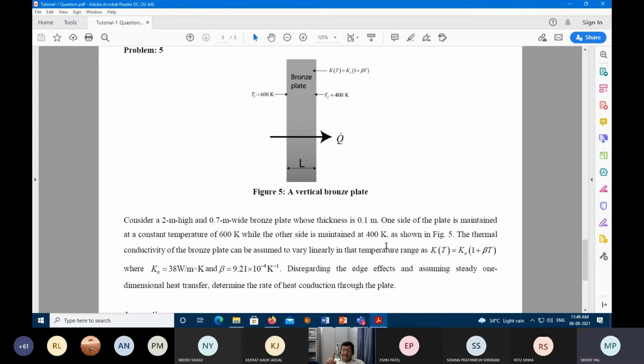Number two is that the unit is Kelvin per meter. This is also called field intensity. Suppose in an electric field, what is the unit of electric field? Volt per meter. Volt is the potential divided by meter. That is called the electric field intensity. It decides in which direction the electrons are going to flow.